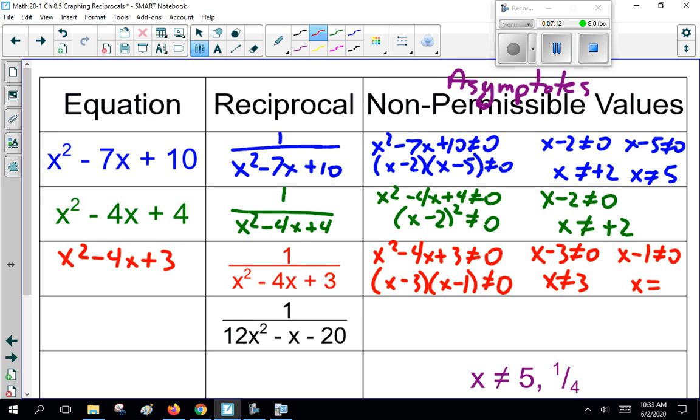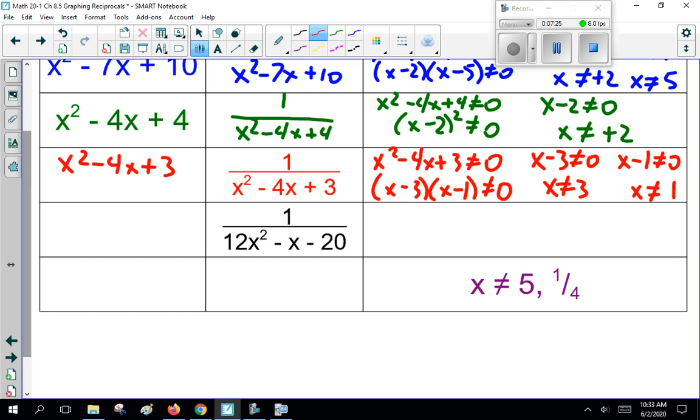And x cannot equal plus 1 or plus 3. Okay? Now, the first three are fairly straightforward. I don't need you to show me all the factoring. Actually, I don't need you to show the factoring work. I need you to be able to do it. Now, the fourth one,